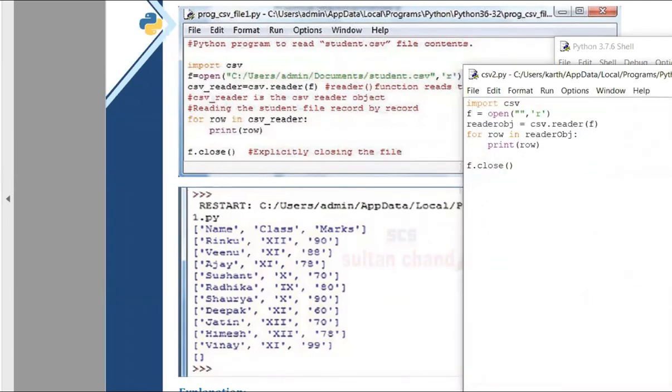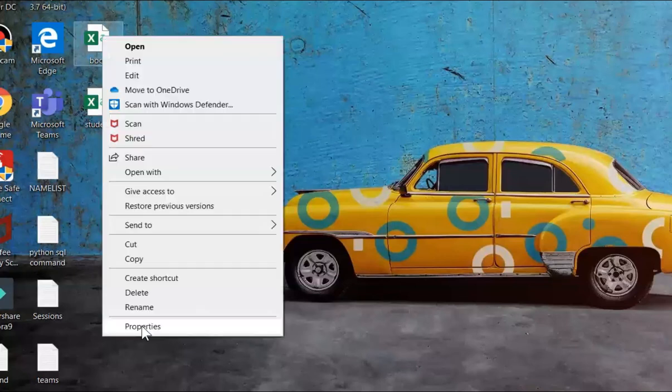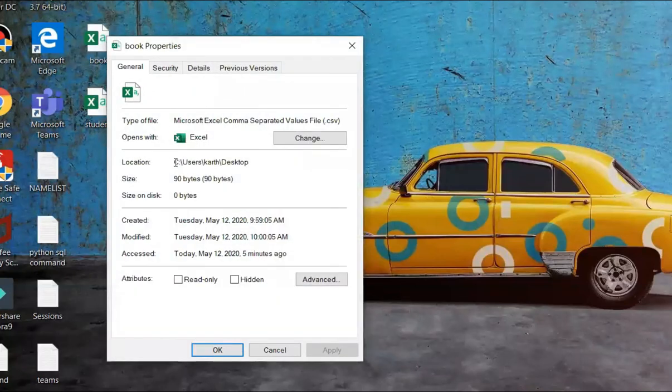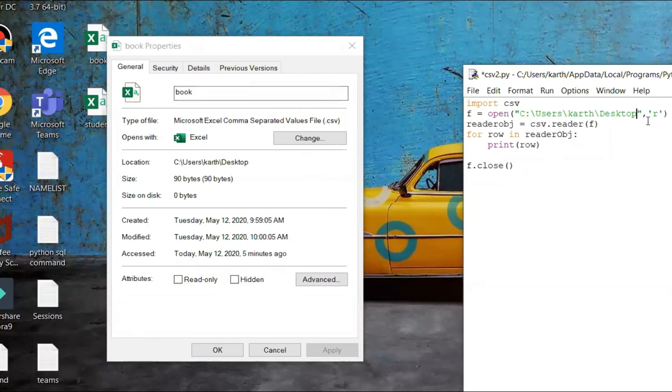Okay, so we need the location and the link to the file, right? The slash must be changed to this slash, or else we can make use of two slashes in this way also. Okay.